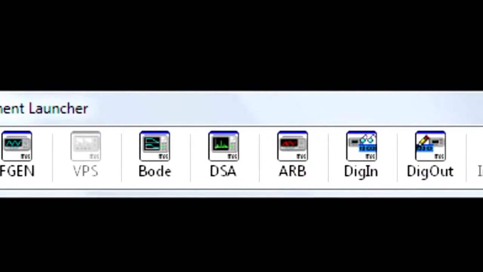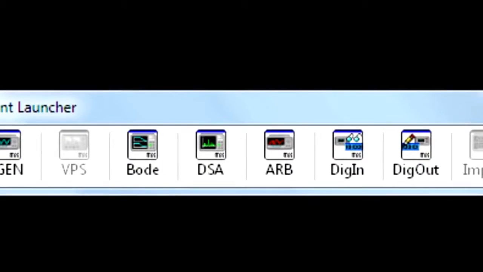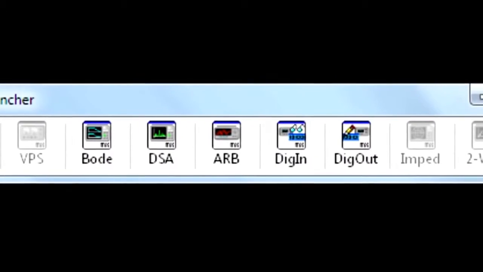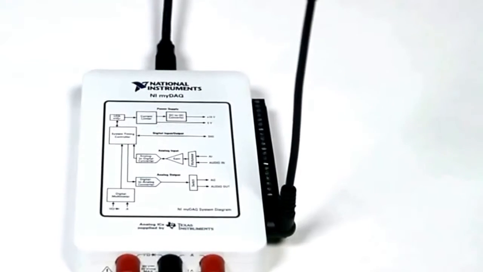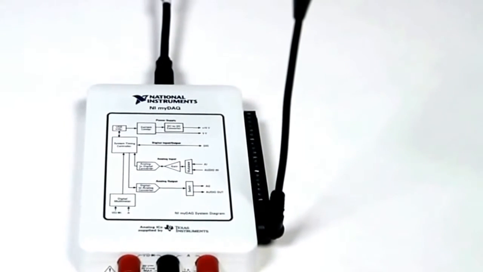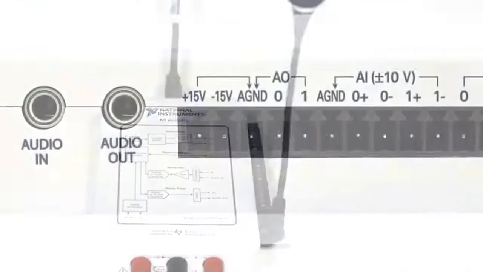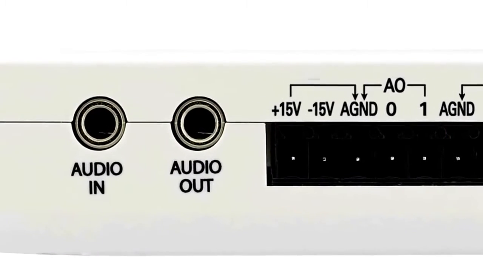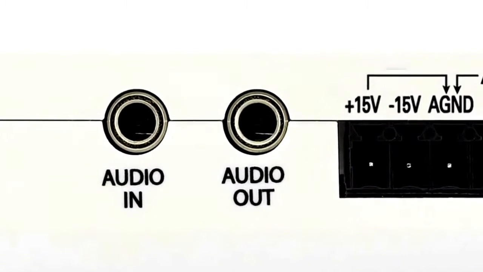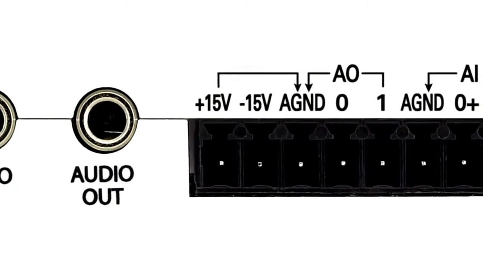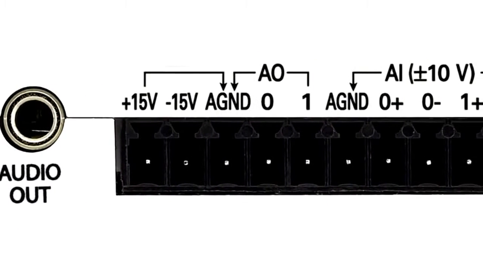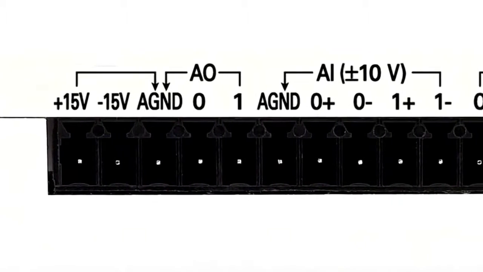MyDAC has many virtual instruments built in, but you can harness the power of LabVIEW to create your own virtual instrument interface using the inputs on the side of MyDAC. If you want to process a sound from a microphone, MP3 player, or even an electric guitar, you can use the audio port on the side to connect a standard computer microphone as well as headphones. In addition to the audio ports, you can read into other analog sensors that are between -10 and +10 volts by connecting through the analog inputs.